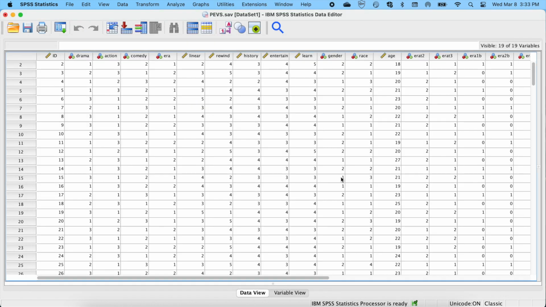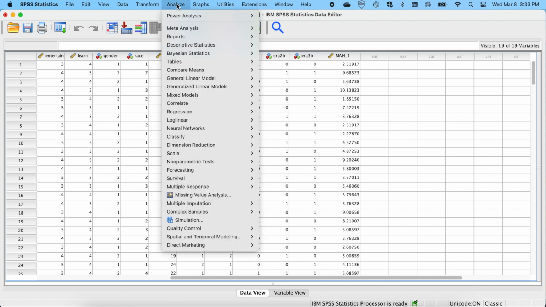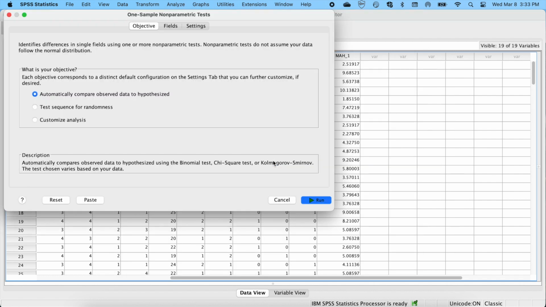Next, to run the Kolmogorov-Smirnov, go to Analyze in the top menu, select Nonparametric Tests, and choose One Sample. When the One Sample Nonparametric Test dialog box appears, select Customize Analysis on the Objective tab.